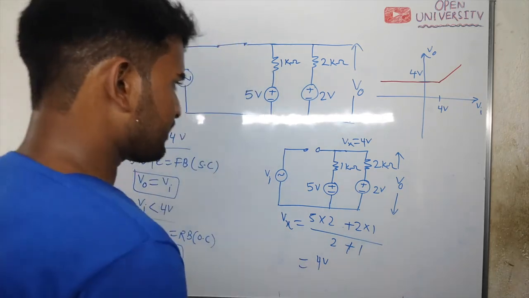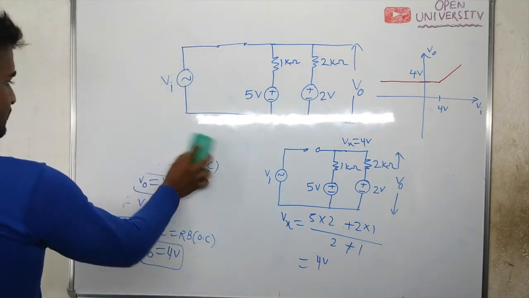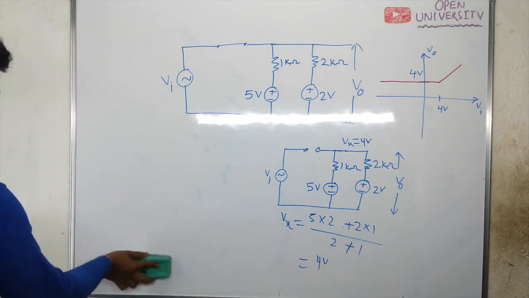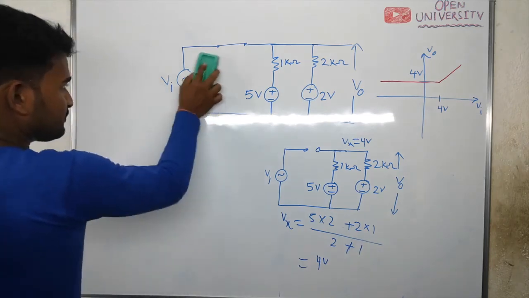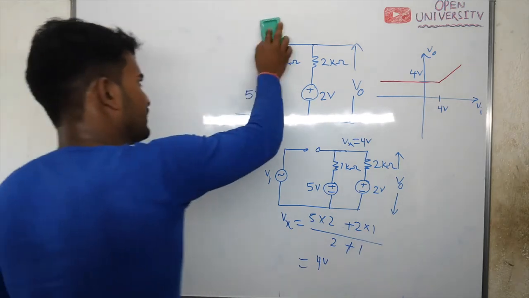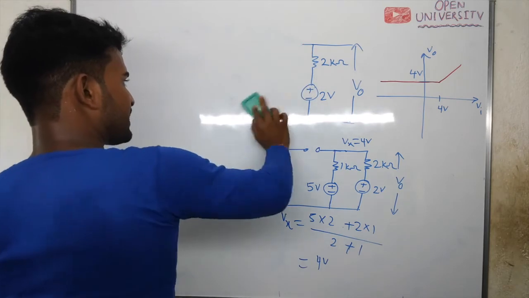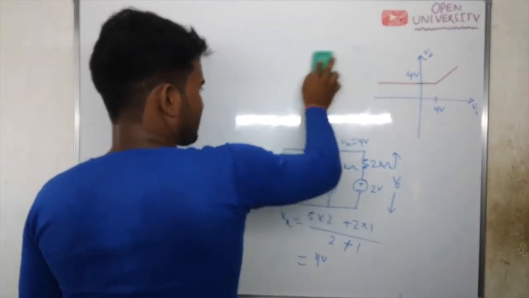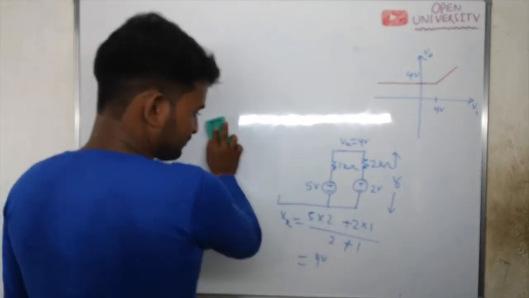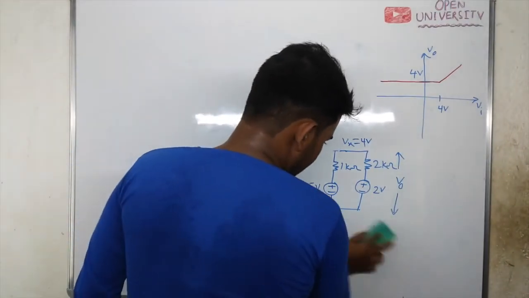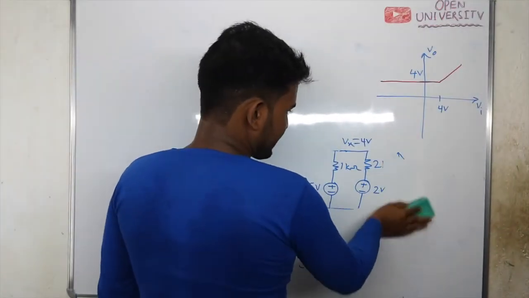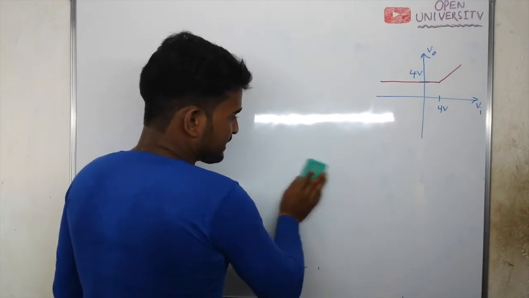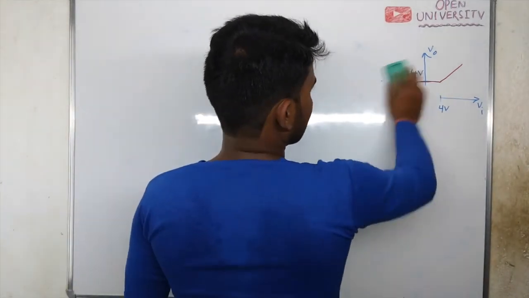Then give the next heading, series clipper. Whatever clipper we discussed was shunt clipper. Now give the heading, series clipper. In the classification of clipper circuits, I said that clippers are of two types: one is series clipper and the other is shunt clipper. Series clipper means output will be taken in series with the diode, and shunt clipper means output will be taken in shunt, or in parallel, with the diode.